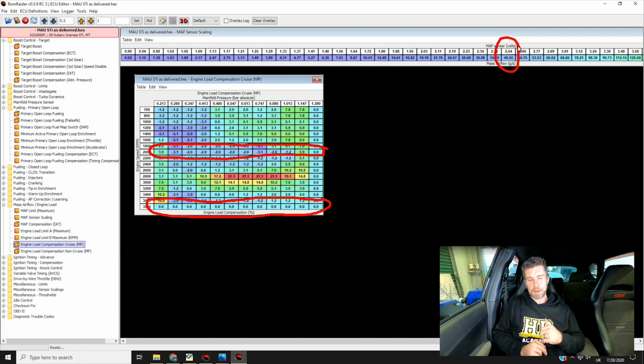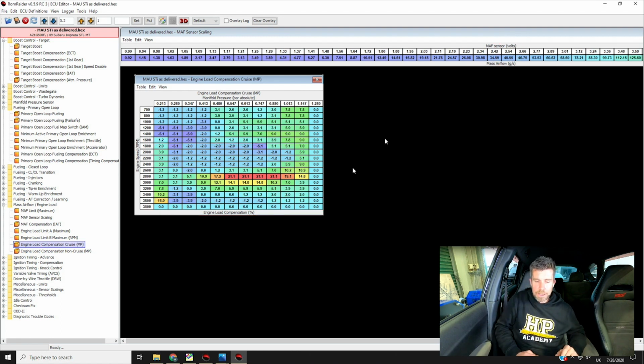What we would do is then come back and have a look at what's happening at 2800, 3000 RPM. If we've now got an error, we know that the error is not from the mass airflow sensor scaling. We know it's actually from this situation here, and we need to make corrections to this table. I know it's a little bit complex. It does take a little while to get your head around, but it actually isn't too bad.